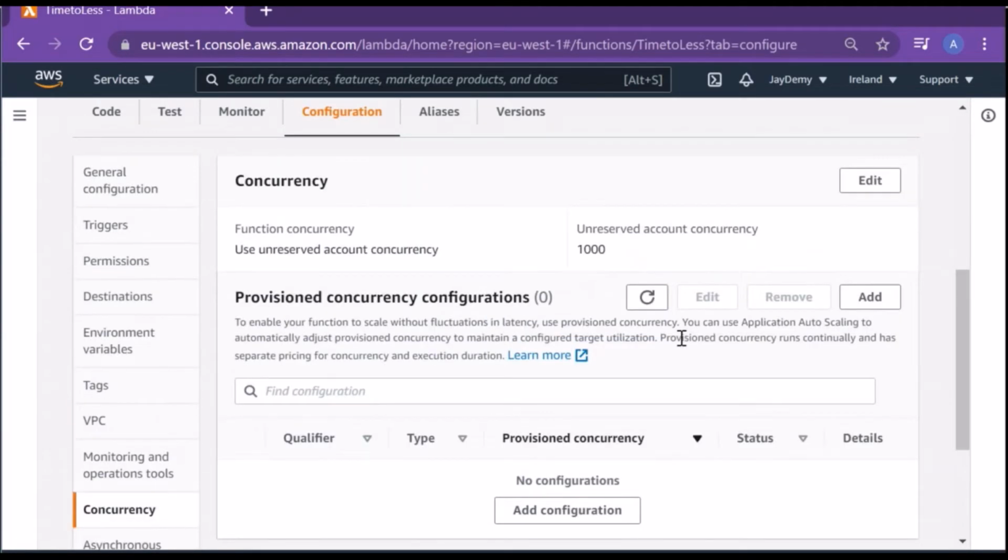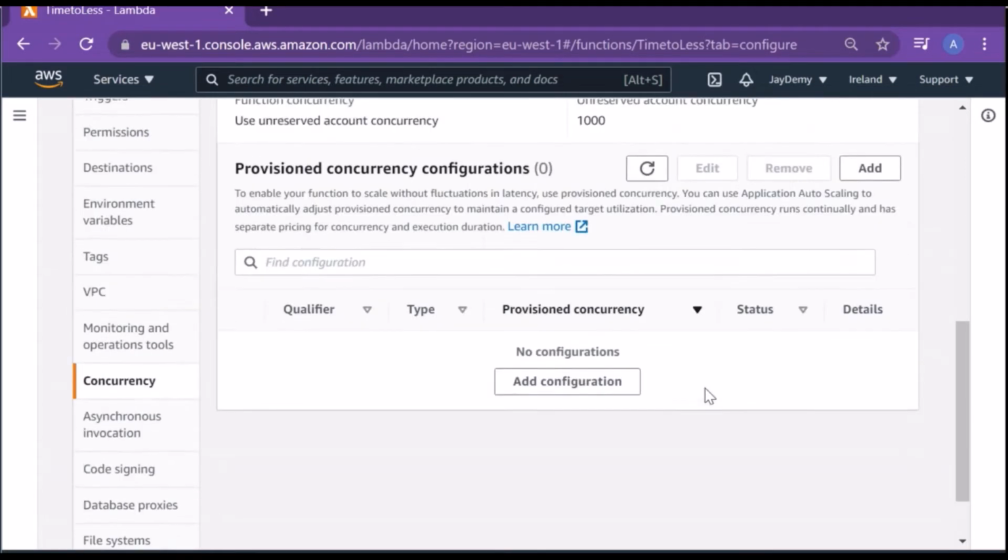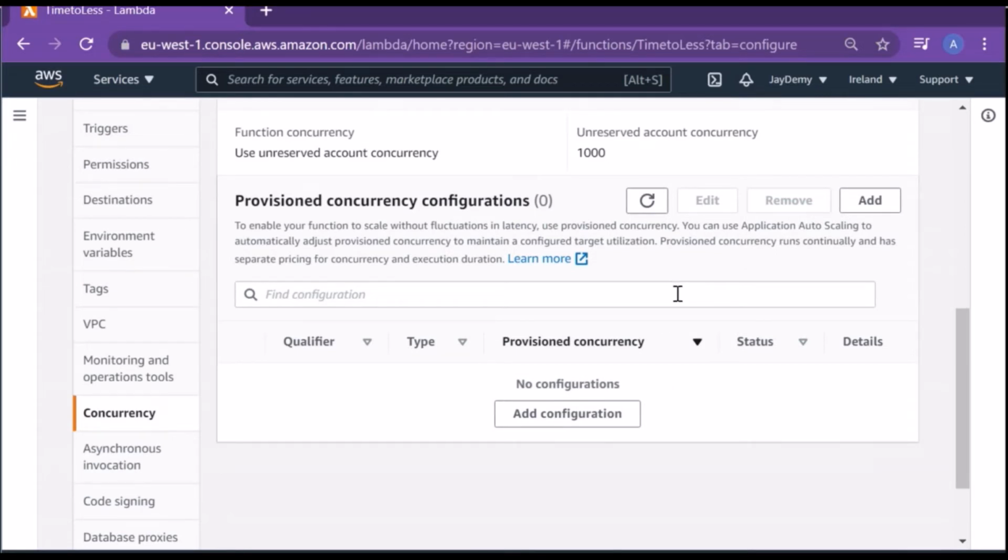So what is actually concurrency here? You can use concurrency settings to ensure that our production applications are highly available and highly responsive to the request or task. To prevent a function from using too much concurrency, to reserve a portion of your account's available concurrency for a function, we have to go with the reserved concurrency that I have shown you. Reserved concurrency splits the pool of available concurrency. Basically, it will just split the pool of available concurrency, and only use concurrency from its dedicated pool.